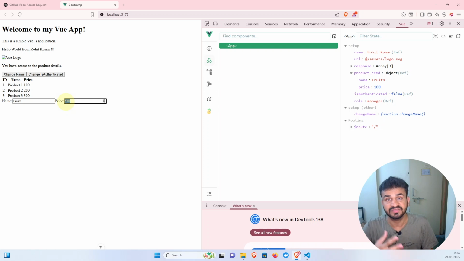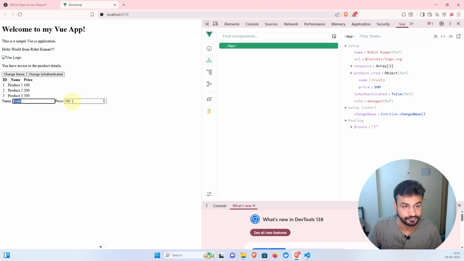So this is why we have two-way binding. The price changes, the variable changes, and it will be reflected in the input box, and if we change the input box, again the changes will be reflected in the variable. So that's how we have entered the price over here. Now let's say